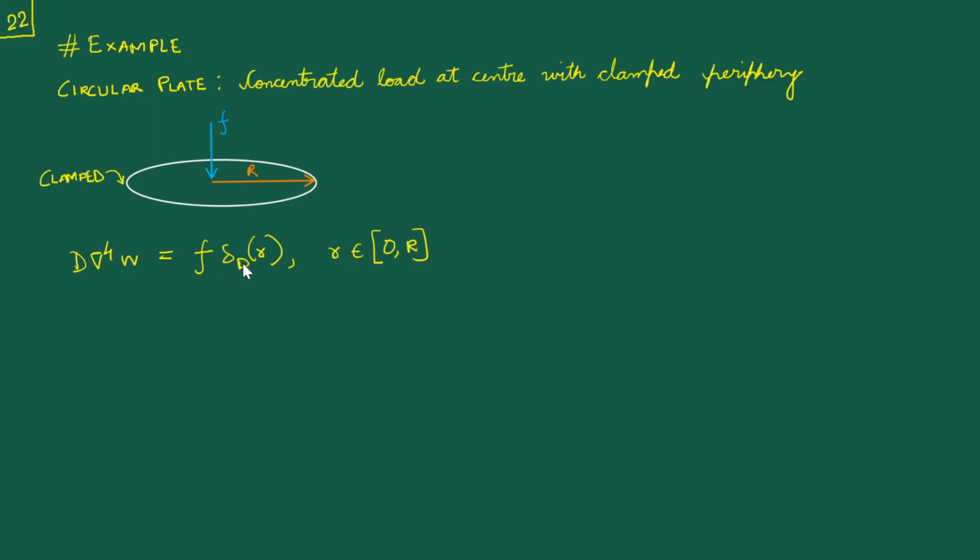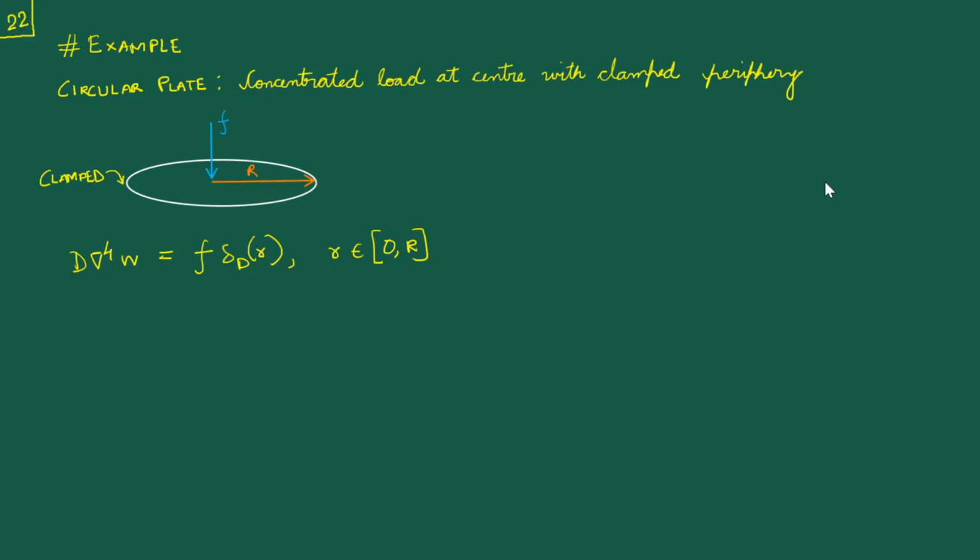Anywhere else that you are sitting on R, R by 2, capital R, R by 3, anywhere other than 0, this term is going to be 0. Regarding the unit, if this is indeed the correct expression, then it must mean that this Dirac delta has the unit of 1 by meter square. It seems a little weird to think of the Dirac delta having some unit, but you see,